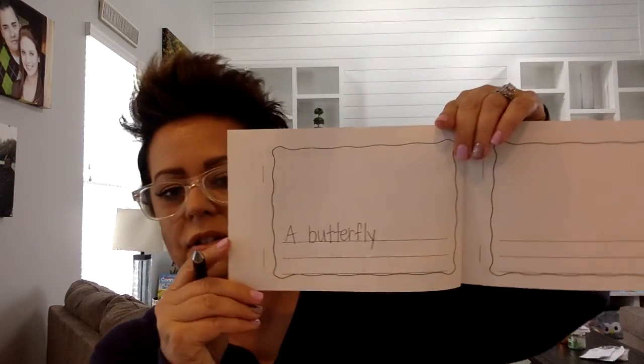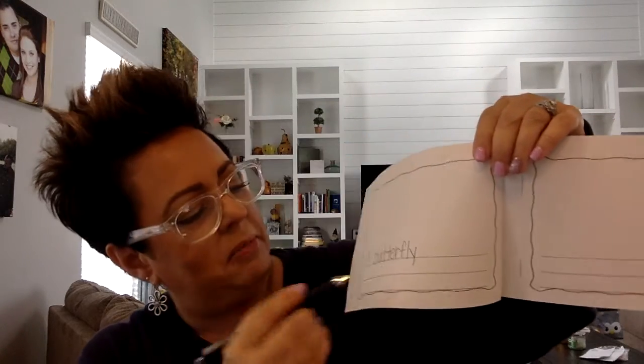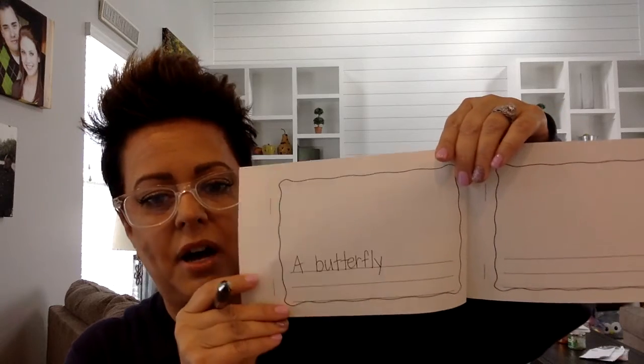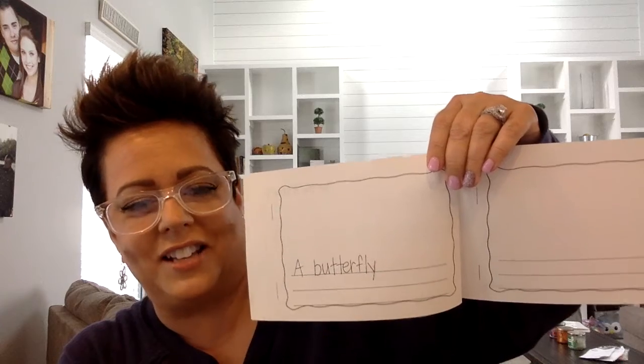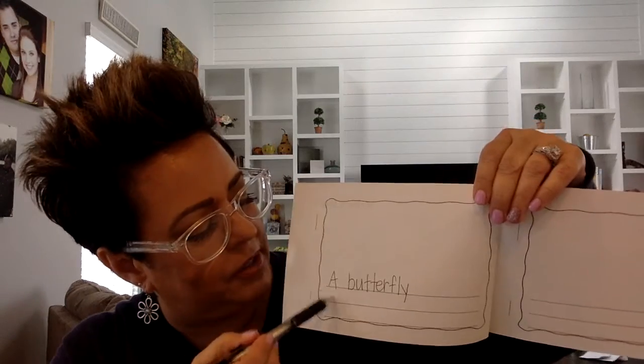A butterfly. Do you see I'm making my words sit on the bottom, on the line? They're sitting right on the line. So this is a little bit different if we were using all the lines. A butterfly